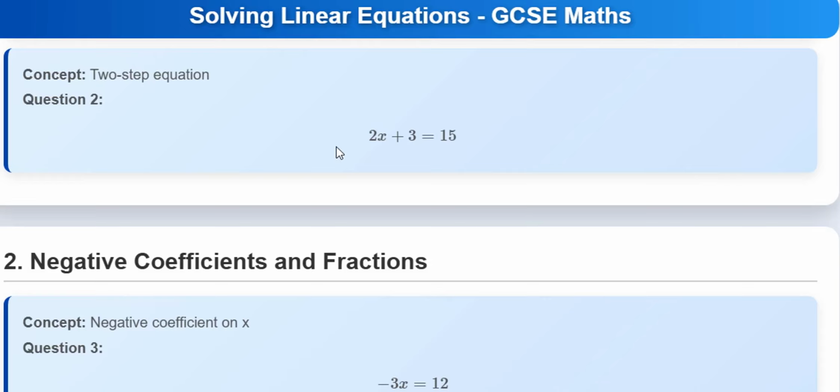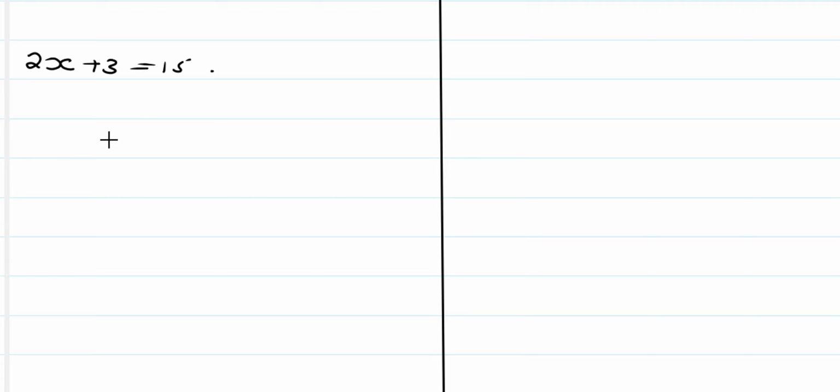Can we try another one? So for example, you are given 2x plus 3 is equal to 15. As usual, the first step is to combine the like terms together on the left and on the right side of the equation. So here we have 2x. There is no other variable which looks like that one. So we can take this 3 to the right side, so it becomes 15. It was positive, so on the other side of the equal sign, it will be negative, so it will be minus 3. So now we can say 2x is equal to 15 minus 3,